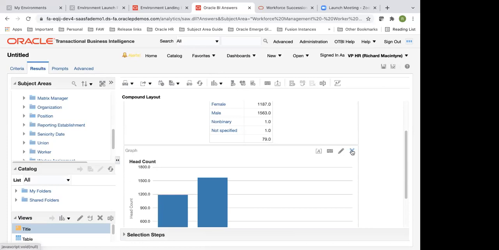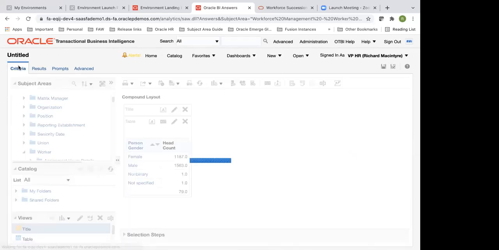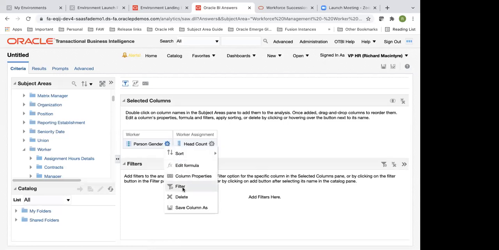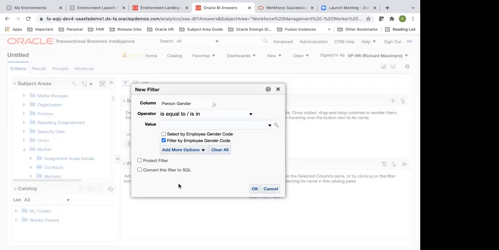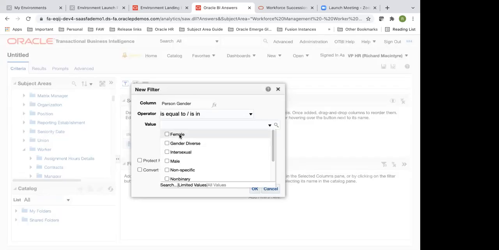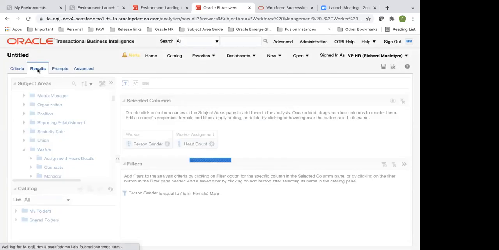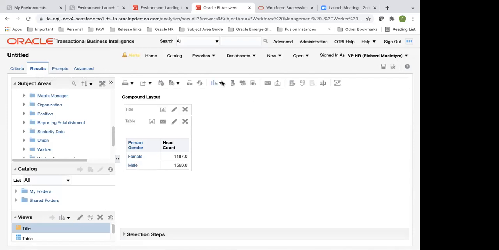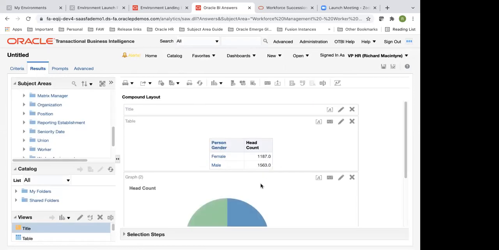So what I would want to do this time is look at only, again, I can filter out the ones that are not needed. For example, I would want to have a split between male and female for now. I could put a filter on it. I'll go to criteria, put a filter on gender, and say female and male. These are the only two things I'm taking for now. Okay, and now I'll create a report of it. I can show it through a pie chart.